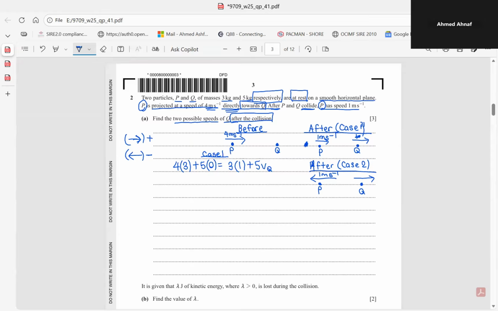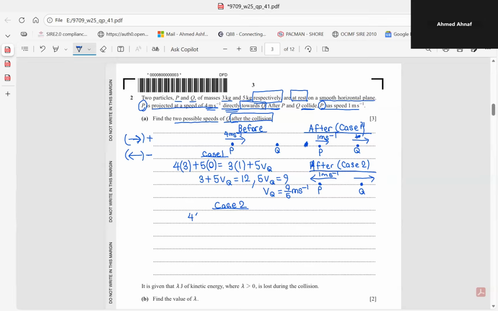Okay, so just solve everything. So 3 plus 5 VQ, you'll get 12. And then 5 VQ, you will get 9. And then VQ, you would get 9/5 meters per second. So that's for case 1. And case 2,